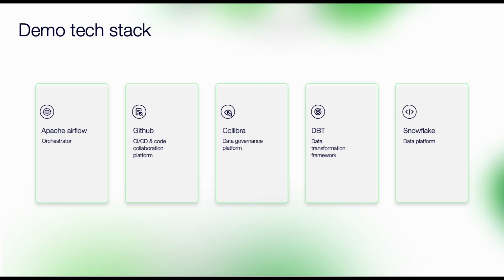The data platform used in this demo is Snowflake. We have configured the out-of-the-box Collibra connector for Snowflake to synchronize physical metadata into Collibra. Collibra also supports connectors for many other data platforms, making it adaptable to your specific needs. We are also using Apache Airflow as the orchestrator to schedule jobs. However, this decision is fully flexible and any scheduling platform can be used as long as it supports scheduling the